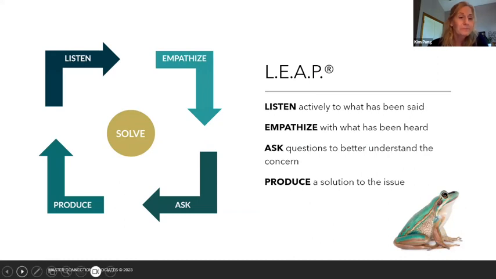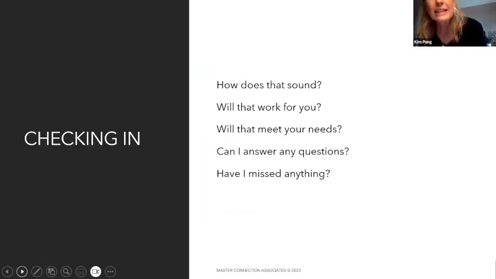Okay, here we go. So of course, after we leap through that, and after Lynn's offered his umbrellas and that he has a venue right next door that's going to be really easy for them, after we've offered the rate that we're going to offer, whatever it is, we want to check in. Say, how does that sound to you? Will that work? How does that meet your expectation? Do you have any further concerns? Do you have any further questions?